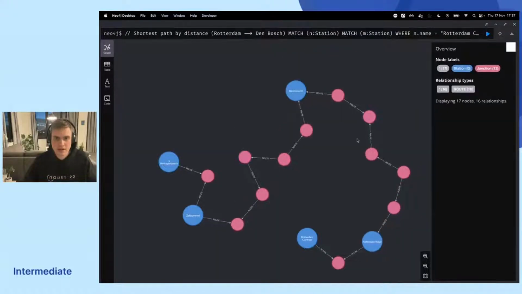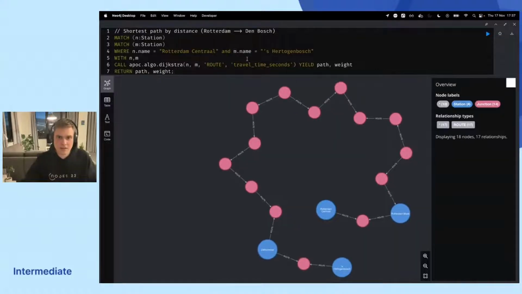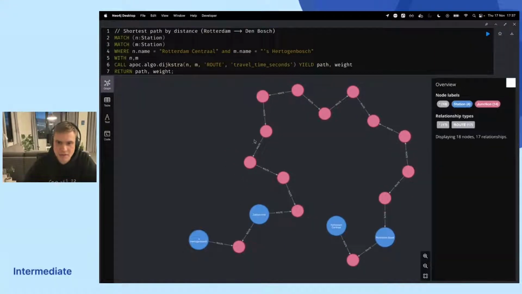So this is, as you can see, we now have this whole thing available to run such a nice routing. And the fun part here is we can run this both with distances and travel time. So if I tell my algorithm here to use the travel time in seconds to find the best route, I can run this again. And we actually see that it finds a different route, right? First, we went by 1, 2, 3 stations, and now we only crossed 2 stations.